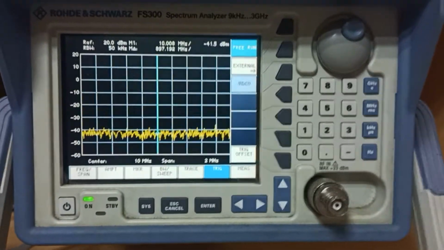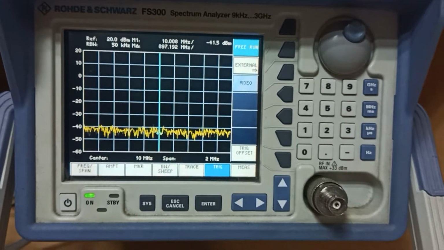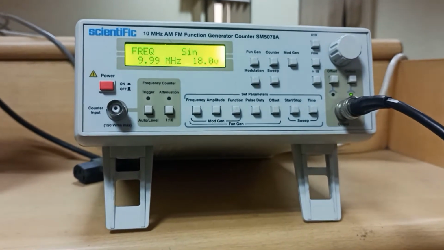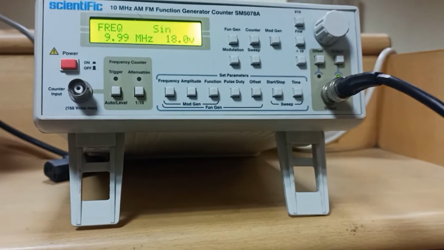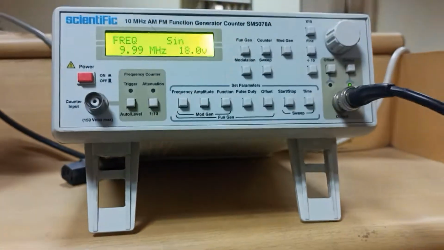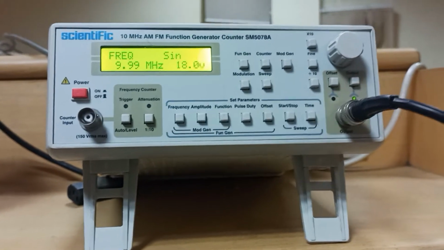For this we need a signal which has frequency and some amplitude, so we use a function generator. The function generator is already known to you, it is used to generate different types of signals.